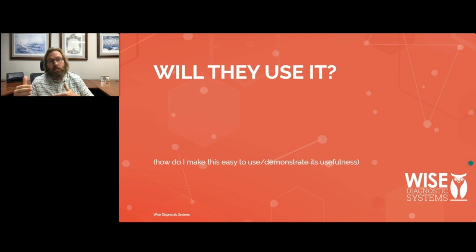Because in the fast-paced world that our clinicians operate in, if there's a very long learning curve, or it takes a number of extra clicks or steps, either on the front end or on the back end, it's very difficult to get somebody to change from what they're currently doing, because in their mind, it's been good enough for X number of years. So the idea is, how do I make this as easy to use as possible, and demonstrate that